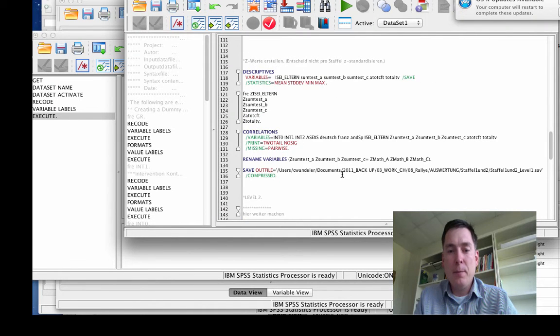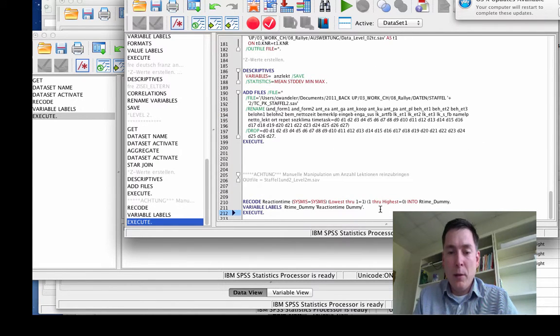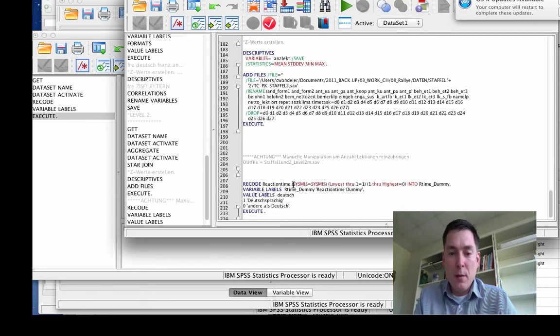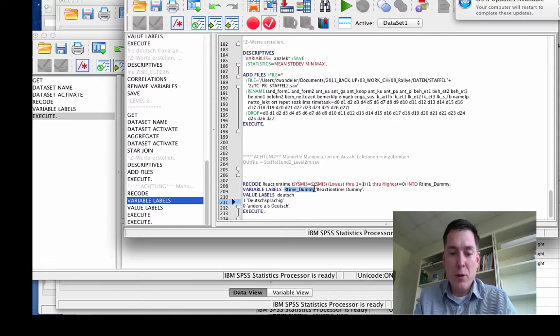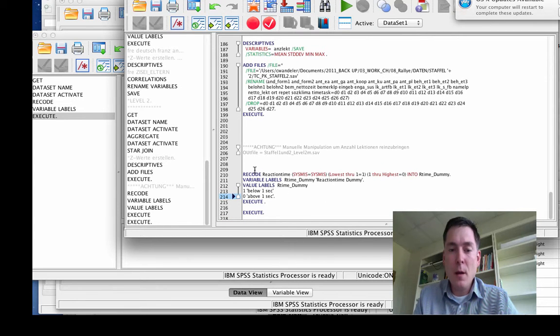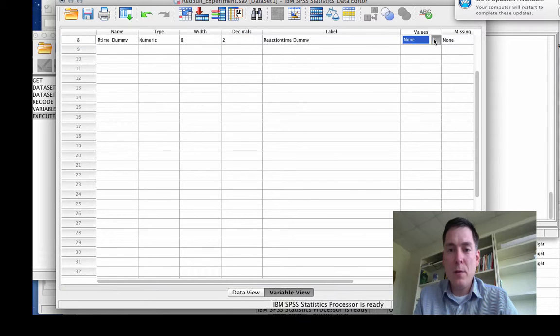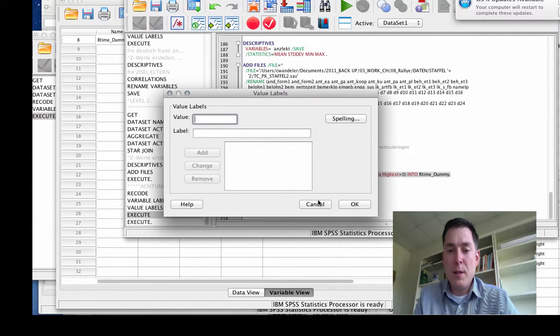Now what you can add is a value label. So let's do that right now. We would like to add a value label where we say the value labels for the variable reaction time dummy is 1 is below 1 second and 0 is above 1 second. So now let's go look at the file here, right? You can see we don't have any values. There's none in there. Now if we run our syntax,